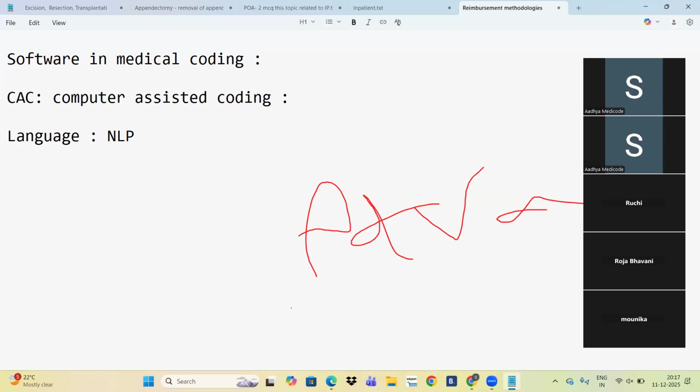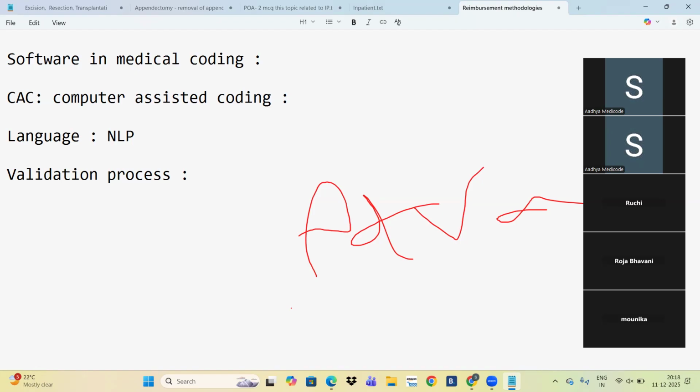So who are working in this auto suggested process like CAC coding, they are doing validation process, not coding process. Not coding, just validating. So how it will be now? CAC software will suggest all the diagnosis and procedures based on the document. It will not code automatically. It will suggest us all the procedures, diagnosis along with code description and highlight in the documentation.